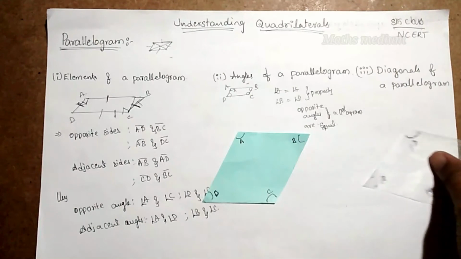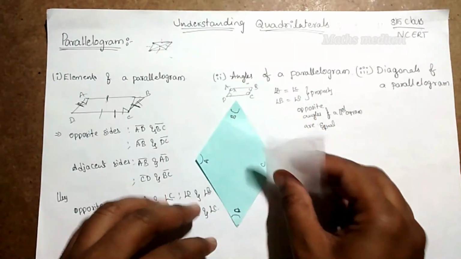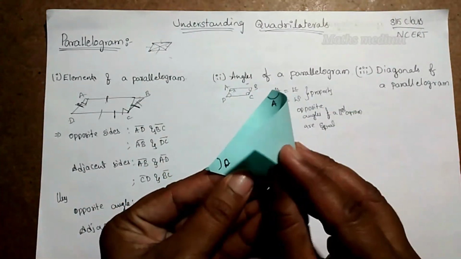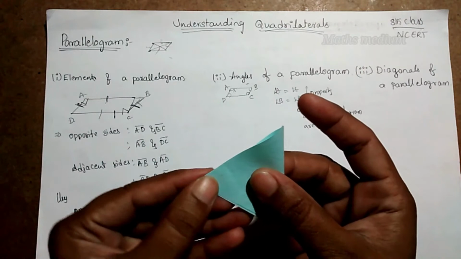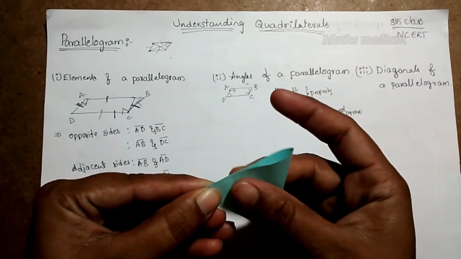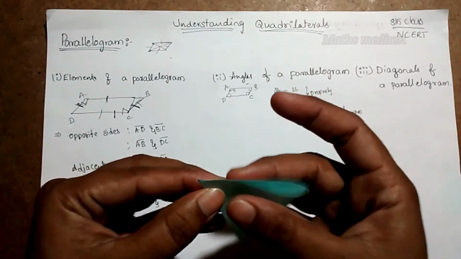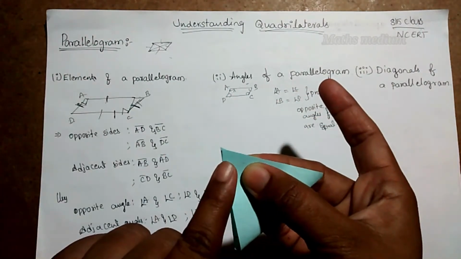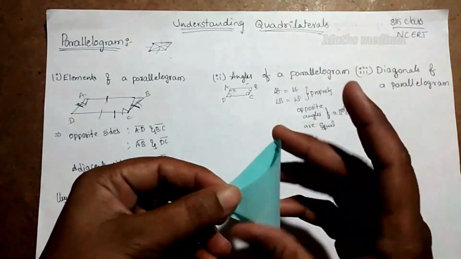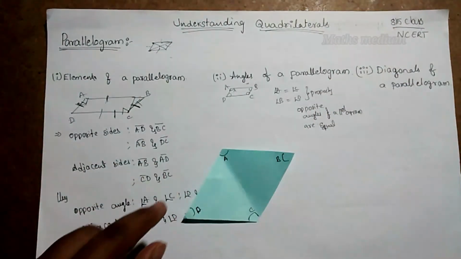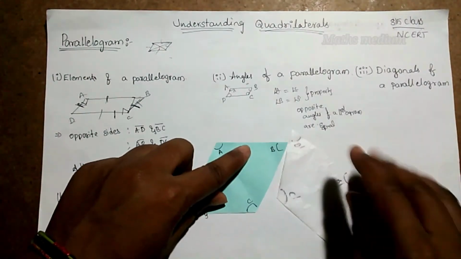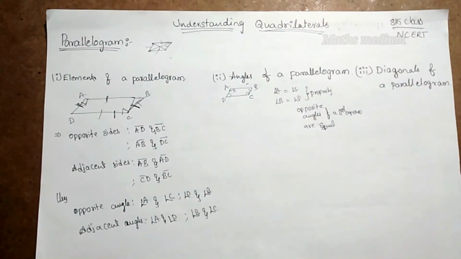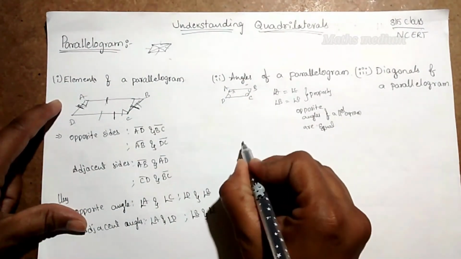If you have to test another type, put another side of the angle by folding this paper like this. See here, apart from sides we get an angle, so that is equal. This is also making an equal amount of angle. So this is also another proof for this. I hope you understand this explanation with the trace paper. Apart from this, there is another property of angles of a parallelogram.